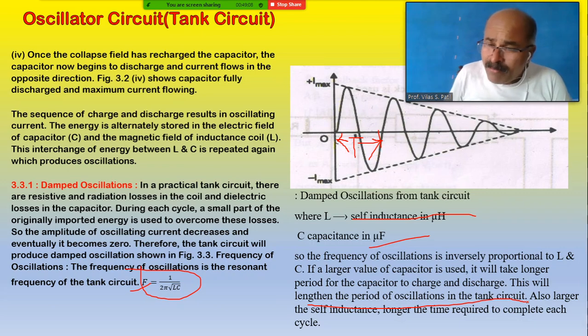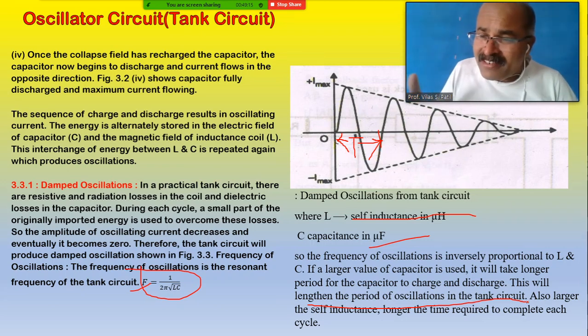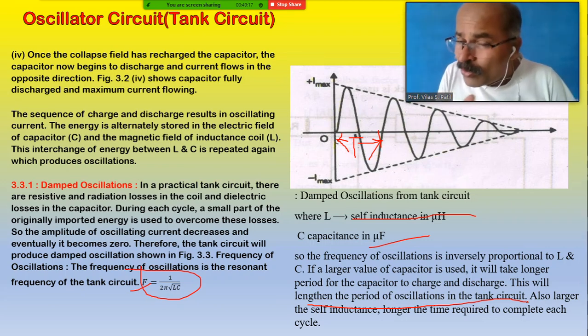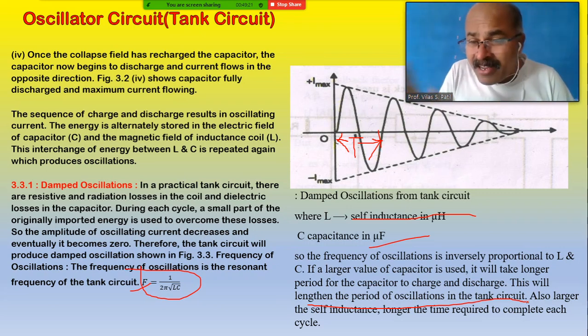जर मी इंडक्टन्स मोठा वापरला तर टी मोठा होतो, टी मोठा झाला तर एफ कमी होतो. मी इंडक्टन्स कमी वापरला तर टी कमी होतो, टी कमी झाला की एफ वाढतो, बिकॉज एफ अँड टी आर इनव्हर्सली